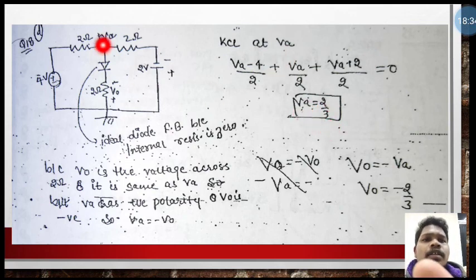Okay, so here see VA is equal to 2 divided by 3 and this voltage is equal to this voltage only, because the diode is short circuited due to the forward bias condition. Okay, so VA is equal to V output, and there is the negative direction. So if it is negative direction, put a negative sign here. Okay, so V output is equal to minus 2 divided by 3. So this is your solution. So it is very easy to calculate. So no need to bother about all this, it is very easy.